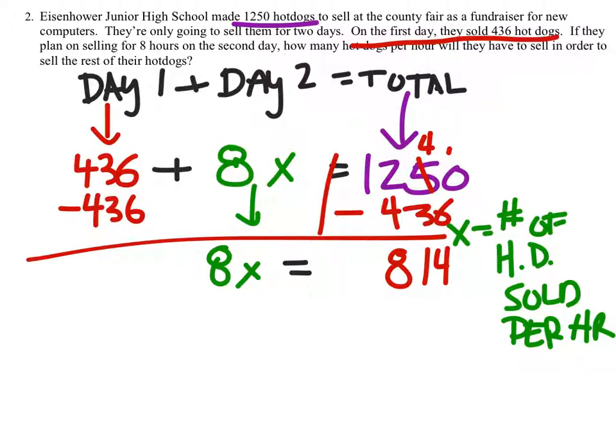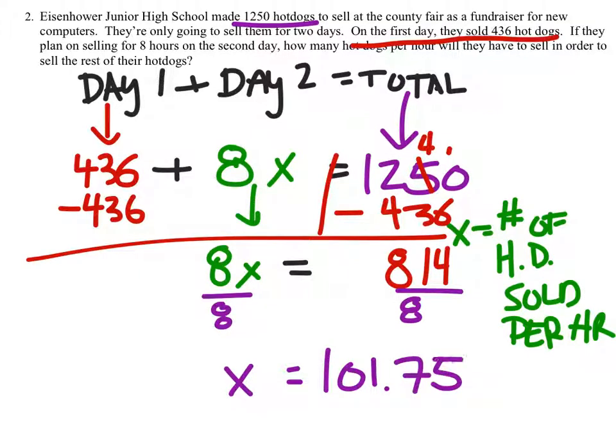Divide 814 divided by 8. Excellent. Now in the equation, if we divide that by 8, it'll tell us how many hot dogs per hour, which was x. And that should come out to